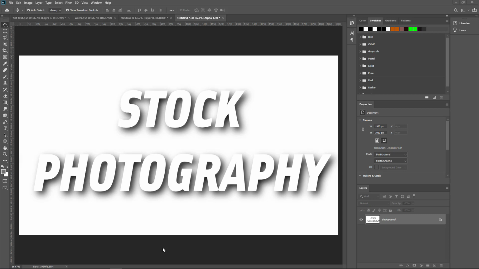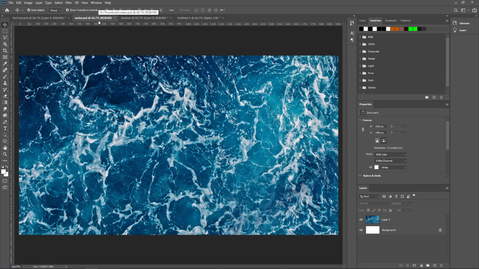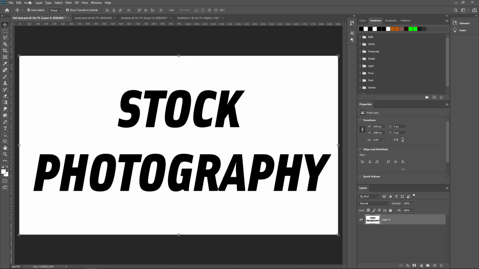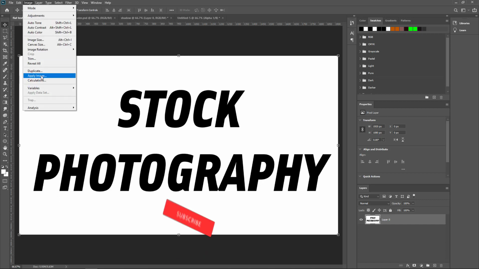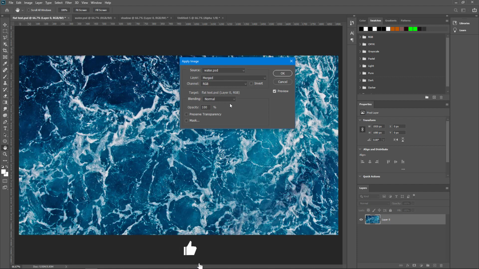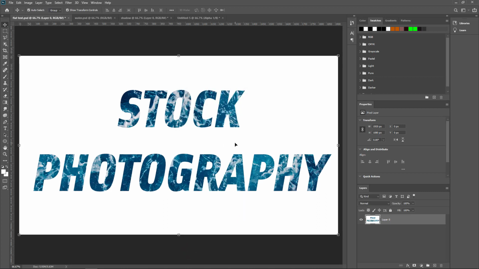Now I want to add another layer of awesome blending effects. So I switch back to flat text.psd, and I have already opened the water.psd document. I want to fill the text with this water layer, and I want to invert once again because the effect only works in the black areas. So I invert it and I choose the Image menu. This time I choose the Apply Image option because Calculations only works in grayscale mode. In the Source file, I switch the option to the water.psd file. In the Blending menu, I choose Screen mode and click OK. Now the text is filled with the water image.